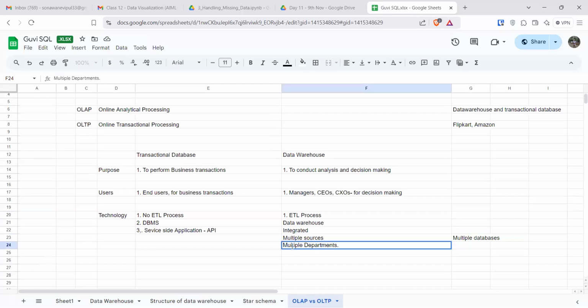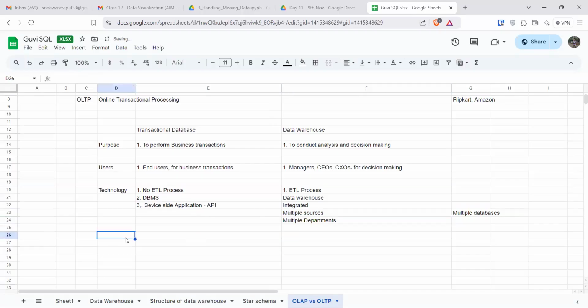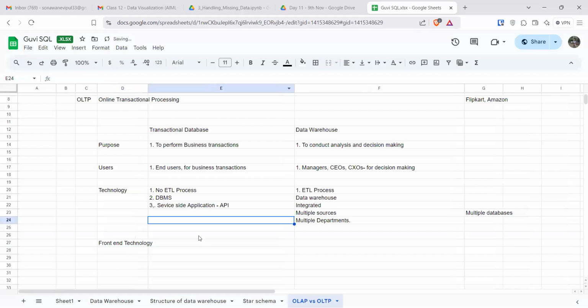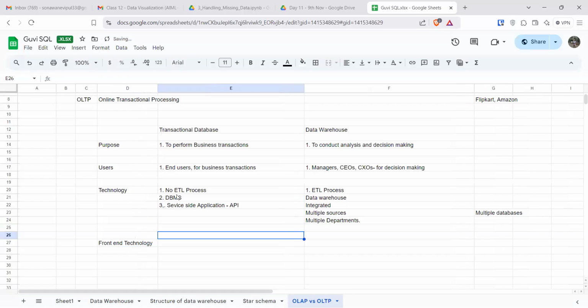Right? That is what you have over there. Now, in the front end technology side, in the front end technologies side, what do we have is